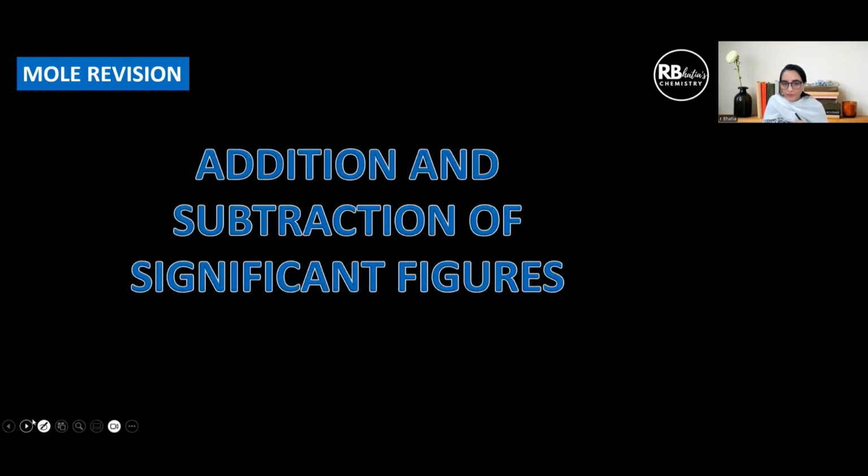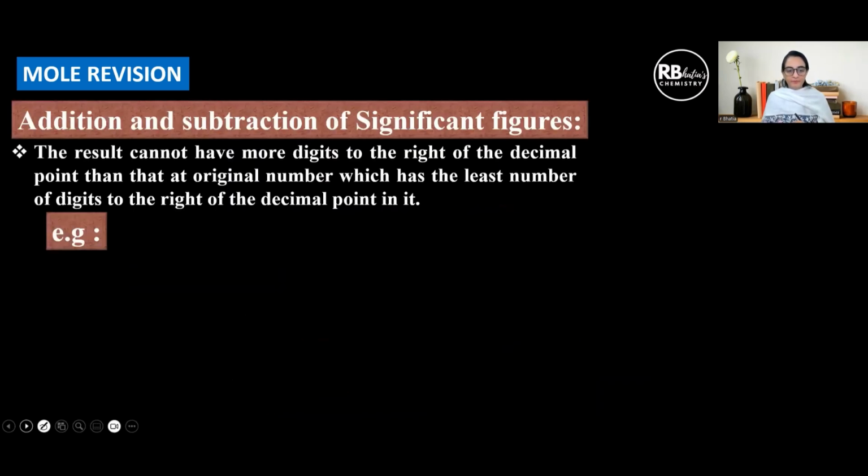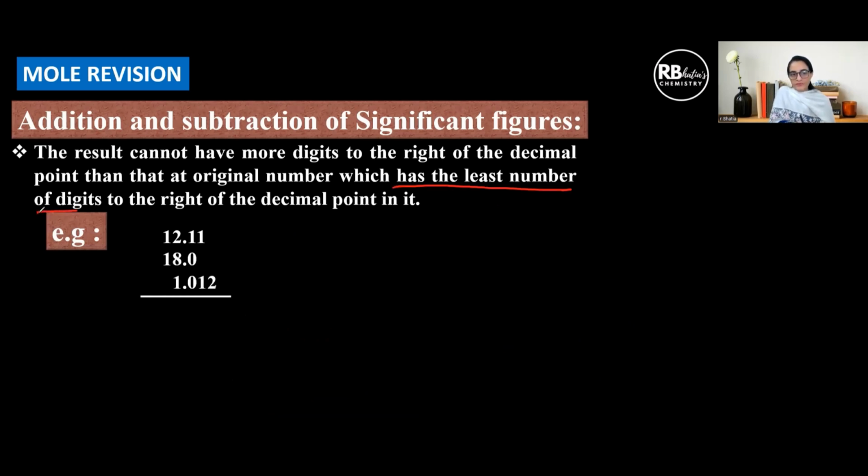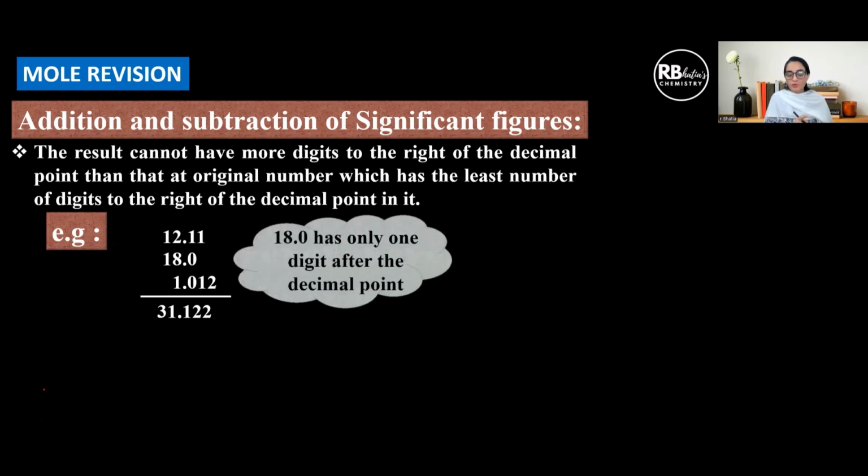Okay, how do we deal with significant figures while doing addition and subtraction? Please remember, very simple, very important point to understand. While adding, the answer has to be reported to the least number of decimal places. That is, the least number of digits to the right of a decimal point. For example, we have these 3 numbers to be added, and I want the answer to be reported to the correct number of significant figures. What am I going to do? Just do the simple addition, and the least number of decimal places is 1. I'm not going to count significant figures. For addition and subtraction, we only count the least number of decimal places. So I'm going to round off this final answer to 1 decimal place, not significant figure, but 1 decimal place, which means my answer is going to be 31.1. This is done for addition and subtraction.